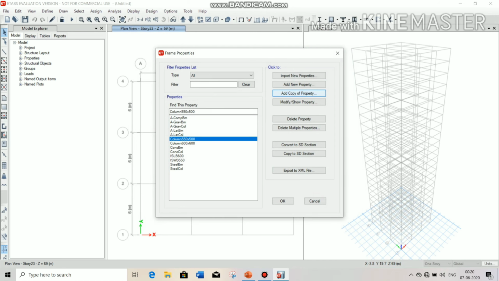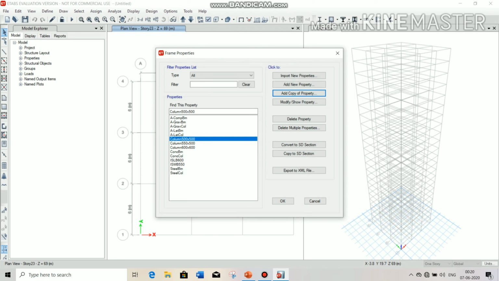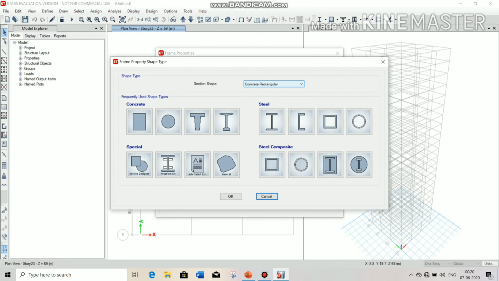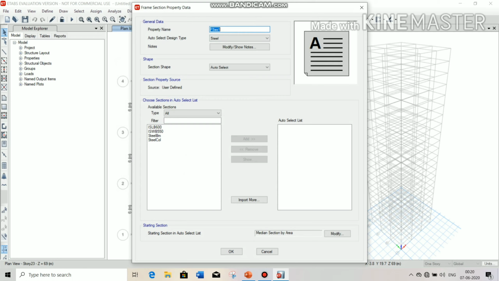Similarly again give the name 500 by 500 and depth 500 and width also 500, and now click on OK. Then go to add new property, and from here select auto select list and give the property name column auto select list.